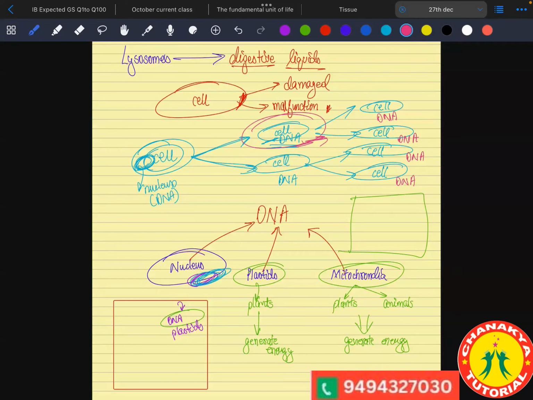The lifespan of cells varies according to its type. Correct, that's what I'm trying to explain: different cells have different lifespans. Some cells may generate quickly, like if this is an old cell, it may generate a new cell, and these can die. So different cells have different lifespans. Will the cells in the human body live as long as we are alive? No. These cells won't live as long as we are alive.